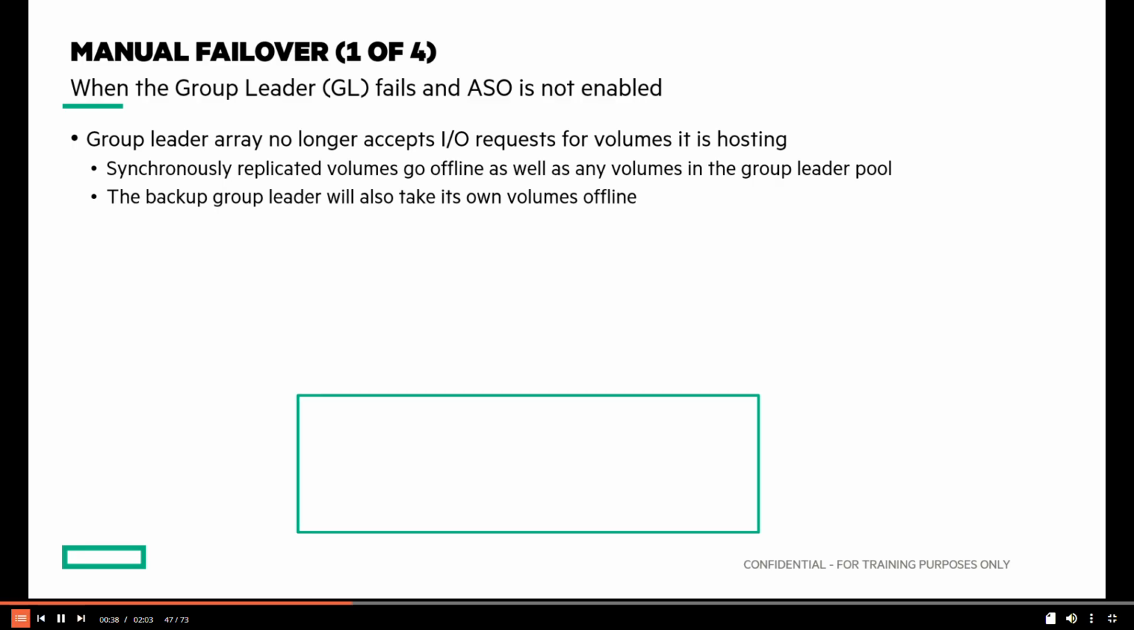Because it cannot reach the group leader, and many of the array group functions rely on guidance from the group leader, the backup group leader array also takes its own volumes offline. In effect, the entire array group goes offline. If the group leader array is down and automatic switchover is not enabled, the primary management IP